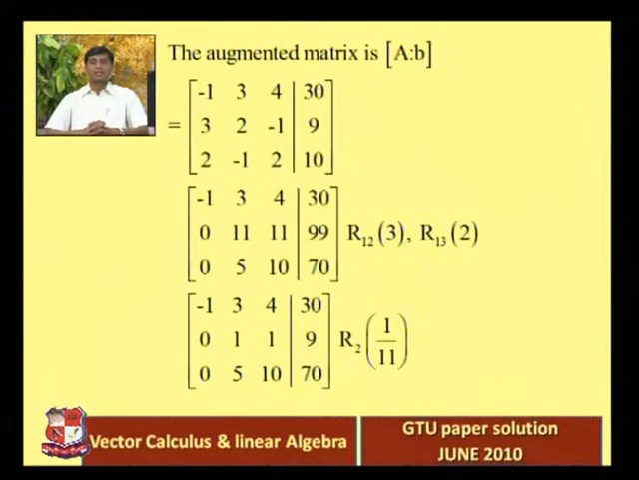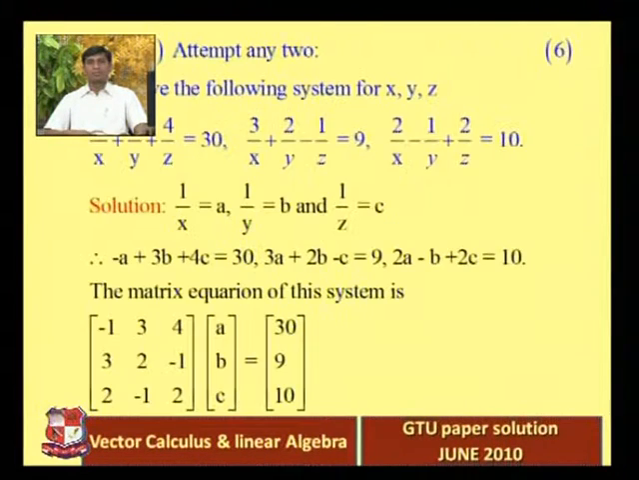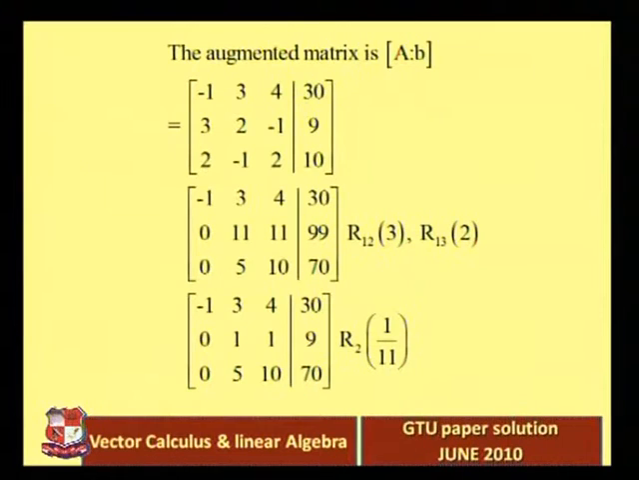So, 10 plus 2 into 30, that is 60 plus 10, that is 70. Okay, now next we multiply second row with 1 by 11. So the second row becomes 0 1 1 9. First and third row are as it is: minus 1 3 4 30, 0 5 10 70. Okay,